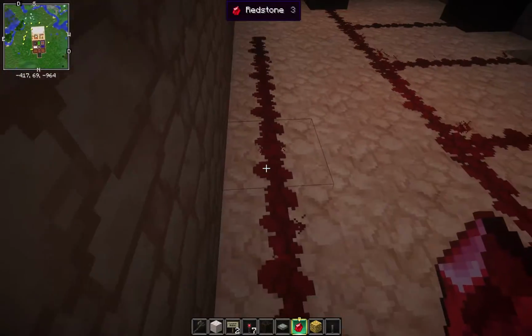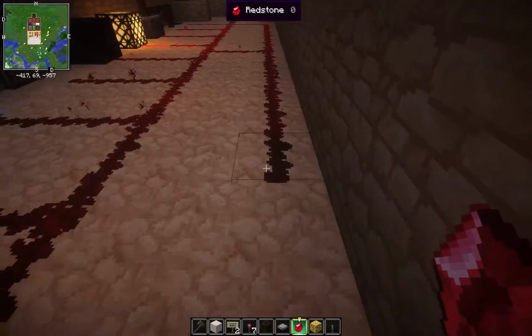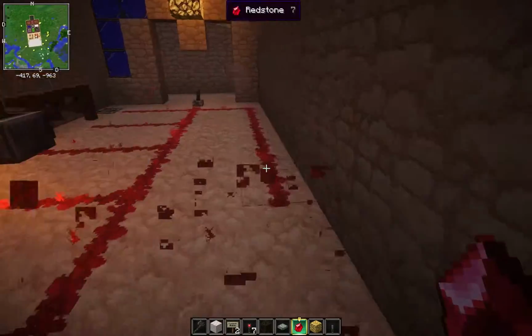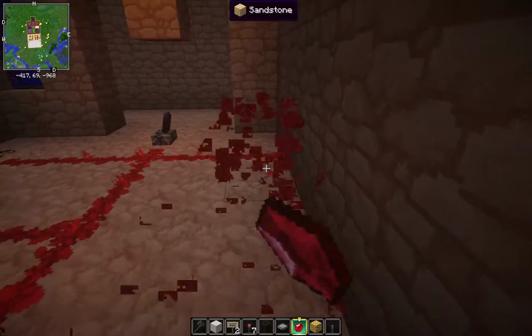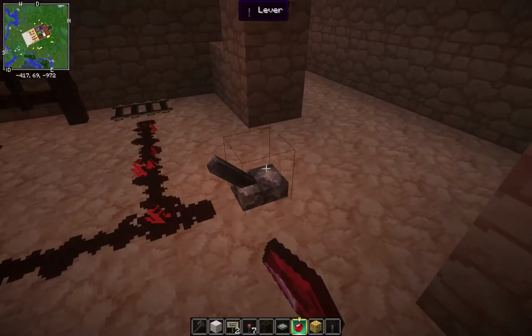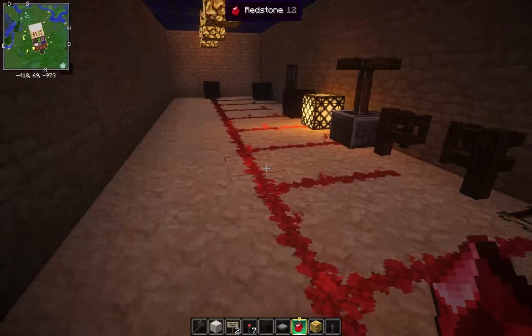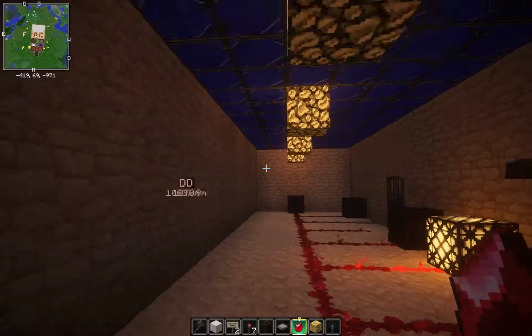If you run out of power, there's a very simple device called a repeater that you'll use that will help you get more power further down and let you use a single power source to power something, you know, 100 blocks away. So there's plenty of ways to get around this issue, but it's always important to remember that sometimes